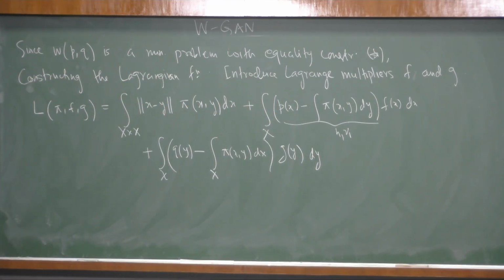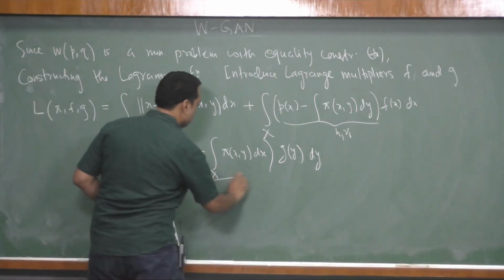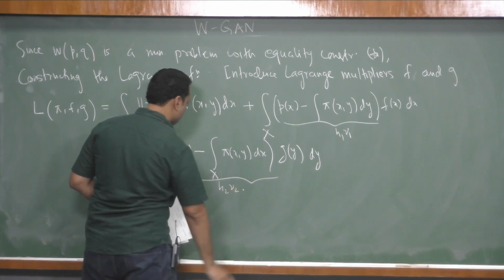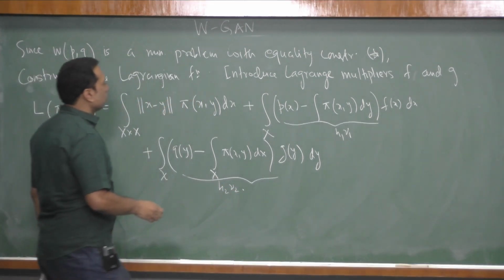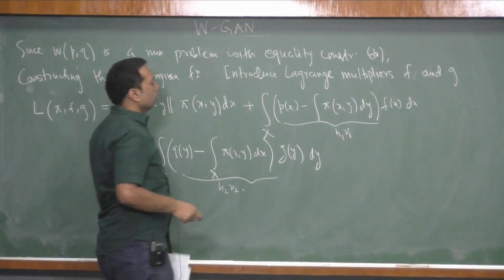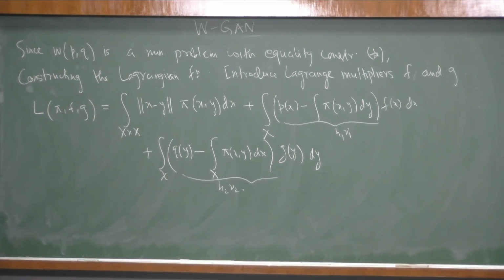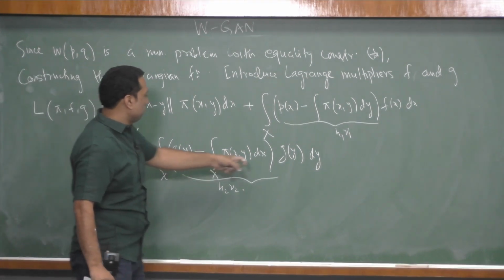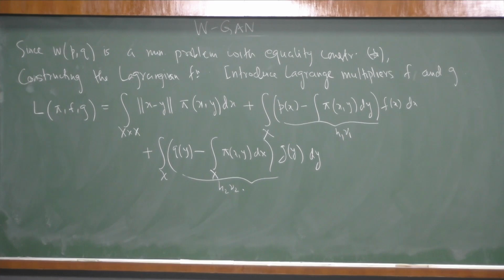So this is the Lagrangian for the Wasserstein distance, right? So collecting terms algebraically, if you look into this, I can tell that this is h2 mu2 as another factor. So let us collect this: p(x) f(x) dx will be nothing but the expectation of f, and q(y) g(y) dy will be nothing but the expectation of g(y), according to LOTUS, right? So collecting terms algebraically,